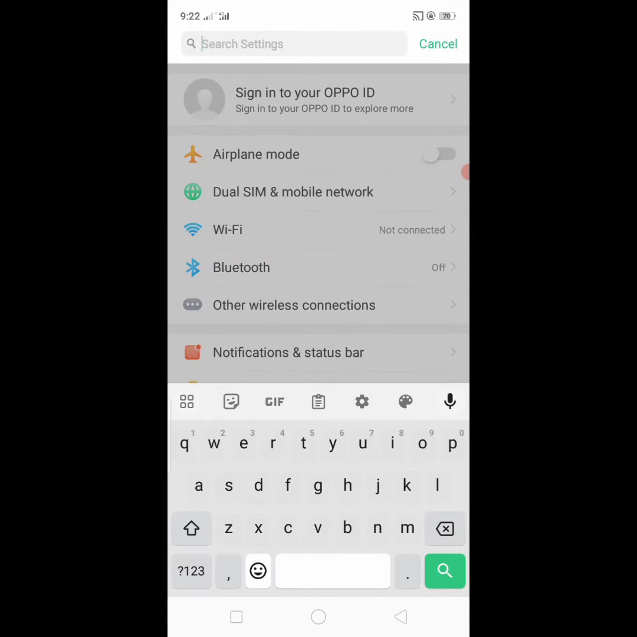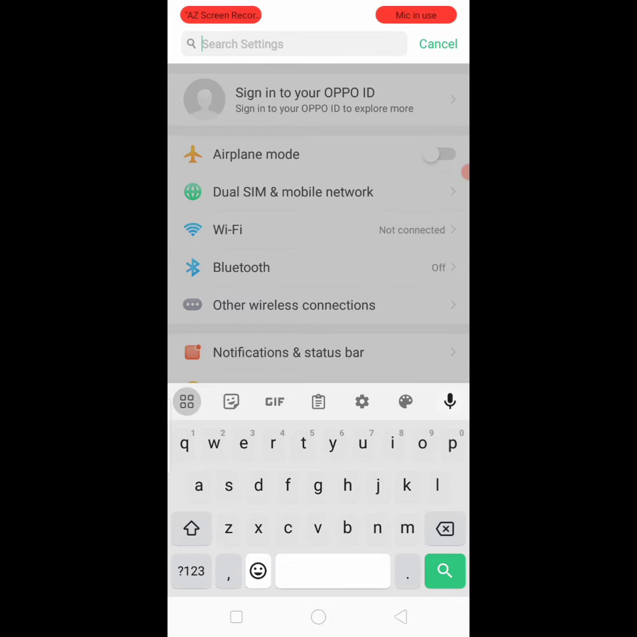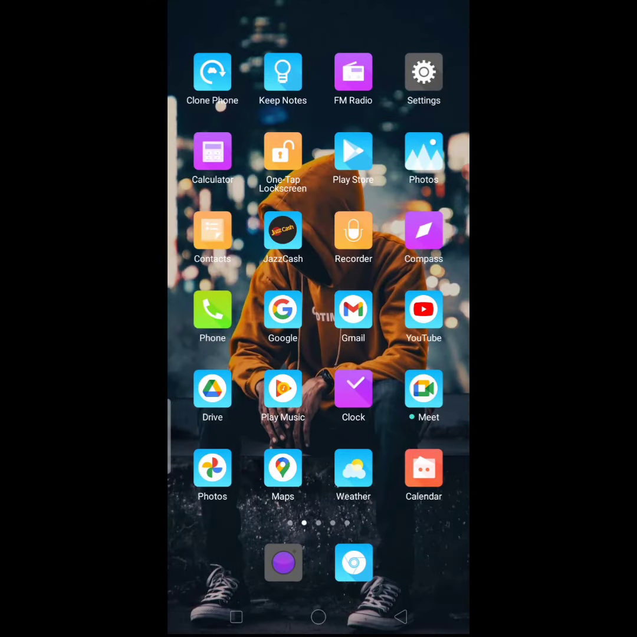Search in settings. Type in the settings search bar and search for reset. Click on reset system settings, and first of all reset your system settings, then go back and restart your device. After that, restart your device and your problem